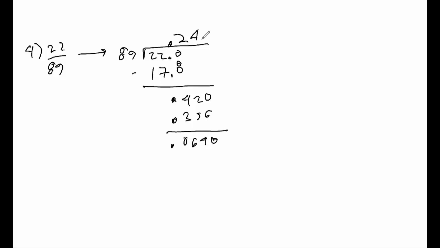So it turns out that 89 goes into 440, and I would get 7 times. Now I'm not going to bring it any further than this because I only have to go to the second decimal place. 89 can go into 400, 4 times. So I'll put 0.356, and then I will subtract. So this means that 22 over 89 is about